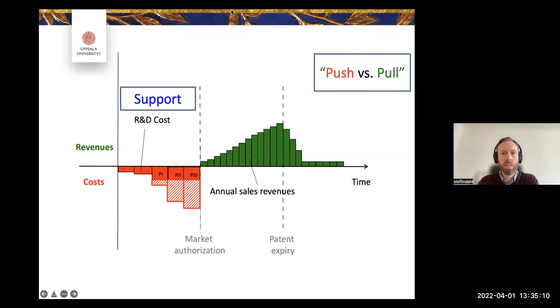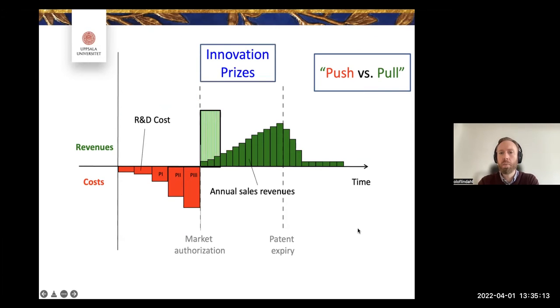On the pull side, you basically have different versions of innovation prizes. What you think on the pull incentive side is that, yes, it's gruesome to develop new antibiotics, but if we put this pot of gold at the finish line, then maybe it feels less gruesome, and more investors and more companies will be willing to take the considerable risk of actually developing new antibiotics. So because there is such a big reward for whoever gets across the finish line first.